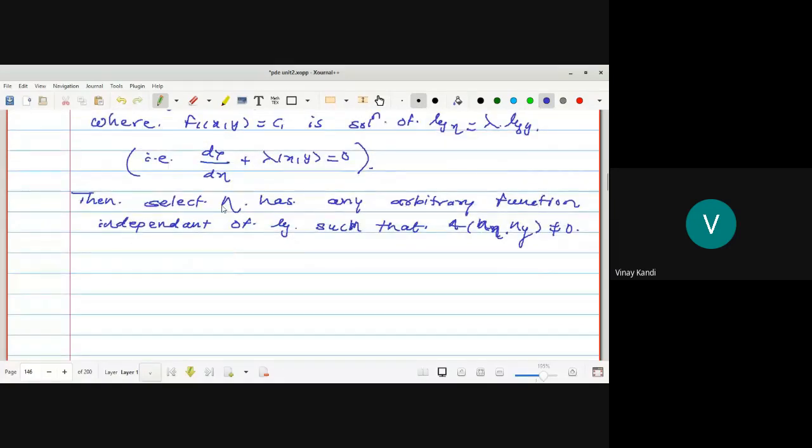So select eta as any arbitrary function independent of xi such that that function a of eta x eta y is not equal to 0, but by the choice of xi we have,